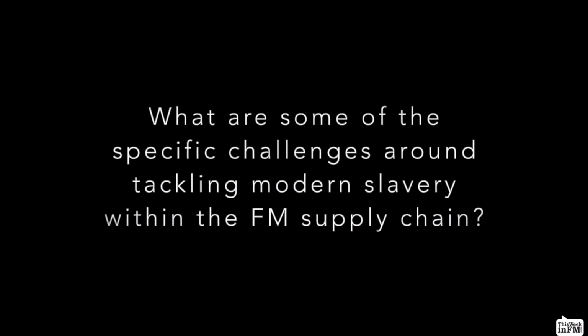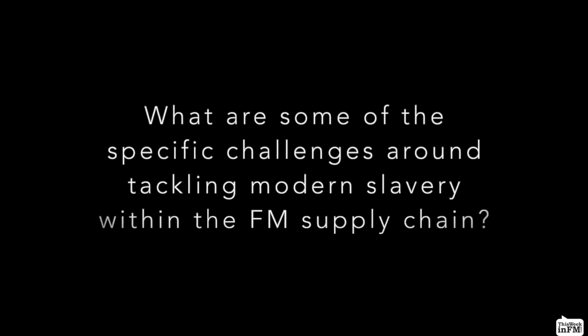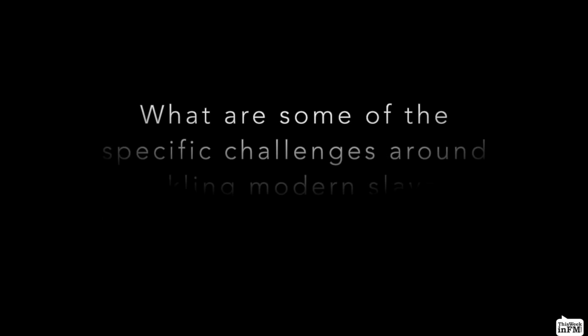What are some of the specific challenges around tackling modern slavery within the FM supply chain? I'd sort of split this into two. There's a number of areas that the sector and organisations within the sector can address. So I think the first thing is collaboration. We've seen it in things like the Supply Chain Sustainability School, where we've had partners of our school working together across construction sectors. So that's FM,